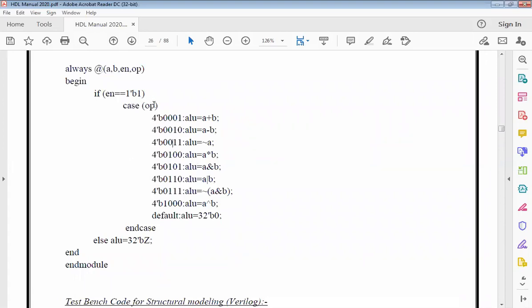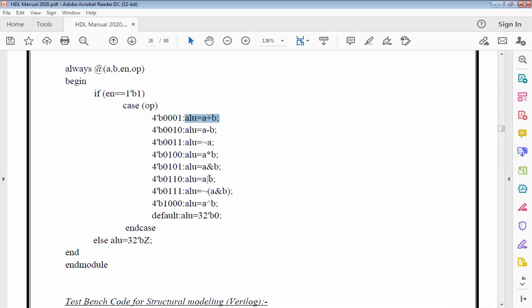The case OP, so again we are using case statements here. Here also I'm going to use 4'b, which means it is 4-bit, the format is binary, and the value is 0001. So whatever is A and B is added and given to ALU, right?